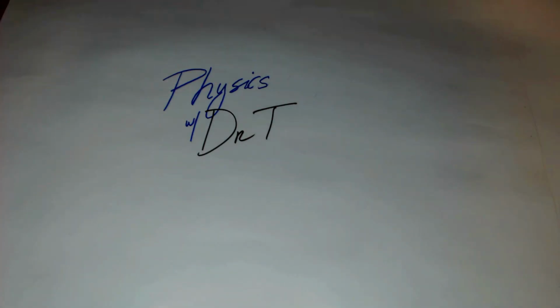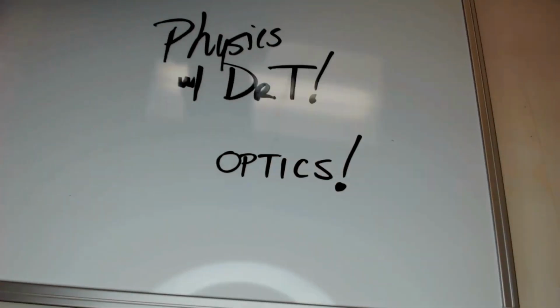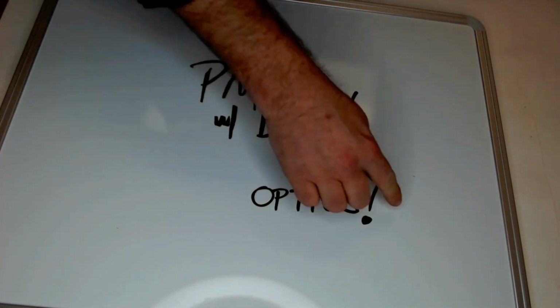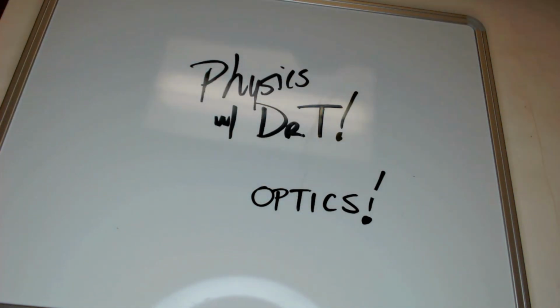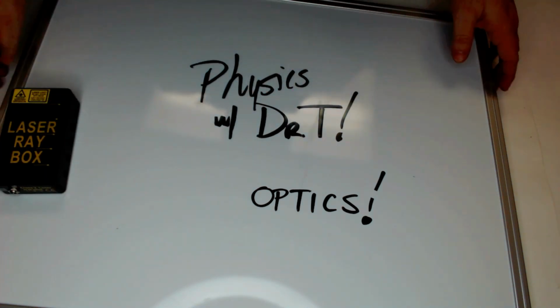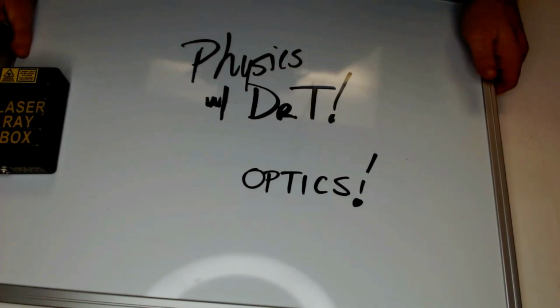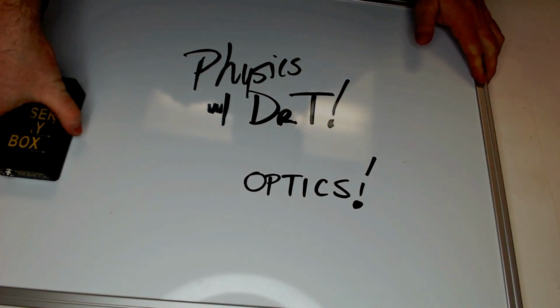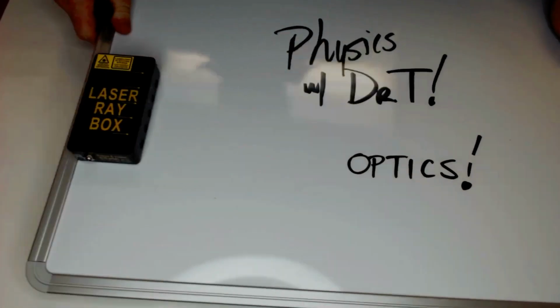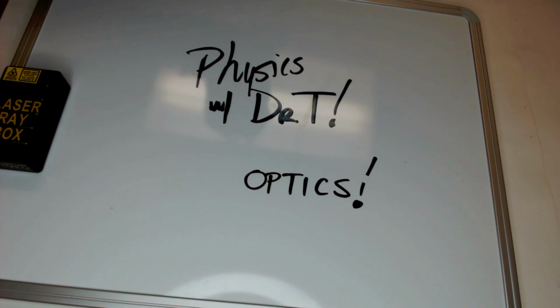Okay, so in this week's lab, we're going to be working with optical components, and we'll be using them on a whiteboard that is also magnetized. You can wipe away the whiteboard marking. In order to work with this, you'll need a laser source, and so we've got this laser optics box, laser ray box, and you can magnetize that, and you can see that it doesn't slide off. The magnetic field is pretty strong on it, and your best bet is to move it up against the edge so that it's flush against the edge and has a nice square shape to it for the laser beam to go with it. When you put on the power,